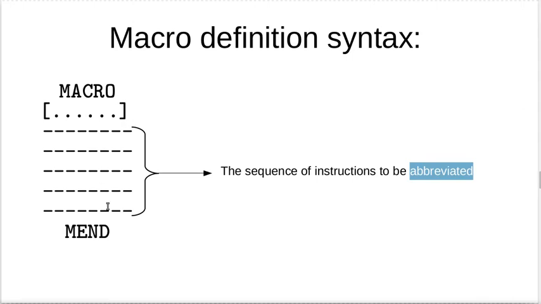So what are these statements? These statements are the sequence of instructions for which we are providing a name. These are the sequence of instructions which we are naming. We will simply write down those instructions one after the other. So if I have 3 instructions, I will simply write down statement 1, statement 2, statement 3, right? So this is how the macro definition proceeds. This is the part where we are putting down the sequence of instructions which we are trying to name, right? Which we are trying to provide an abbreviation for.